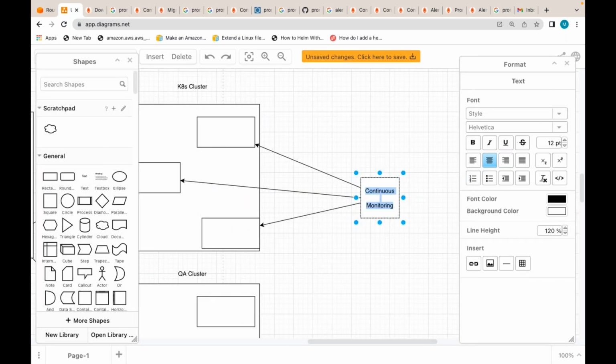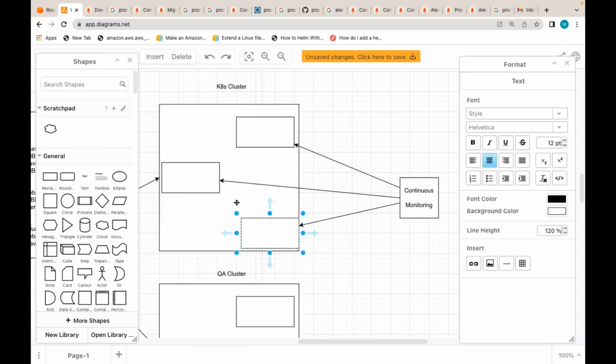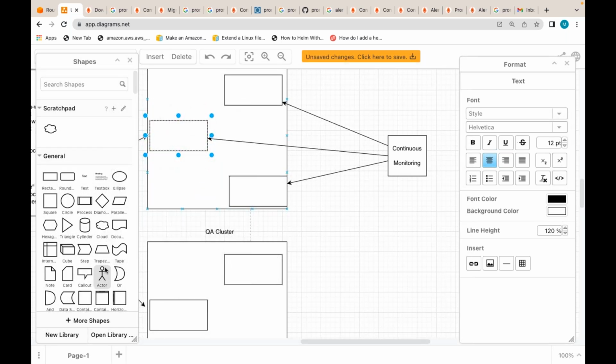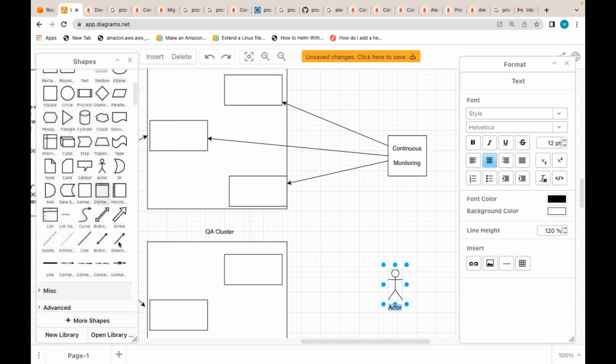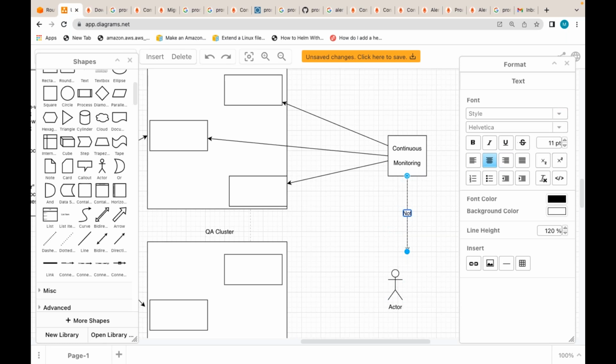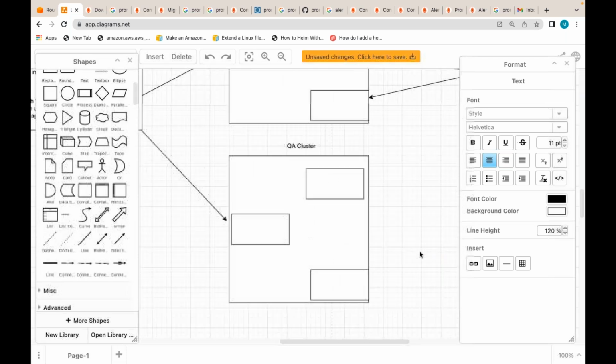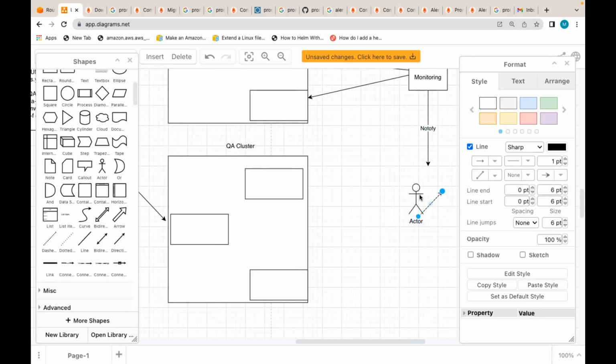I have continuous monitoring also. If I have this continuous monitoring, it is monitoring my servers and my Kubernetes pods, deployments, volumes, all those things if required. And it is notifying the support people. Continuous monitoring keeps monitoring your cluster and nodes and notifying the support team. The support team takes action, modifying or fixing the problems,